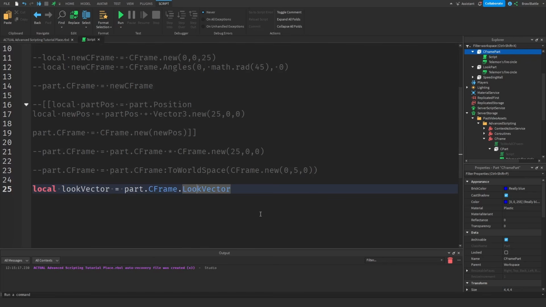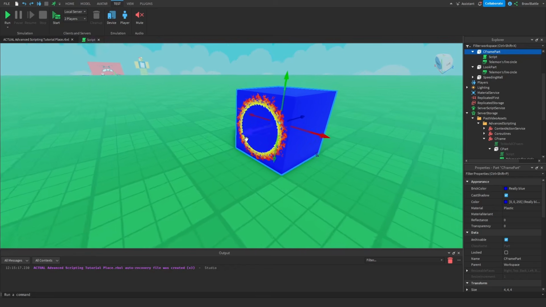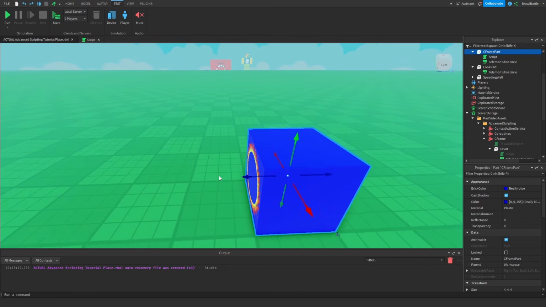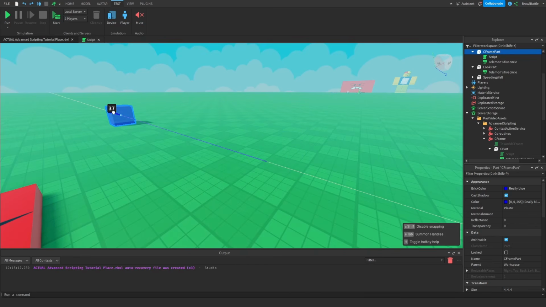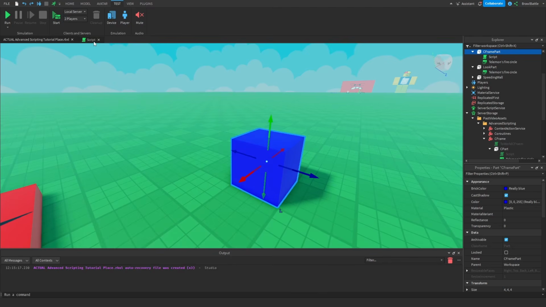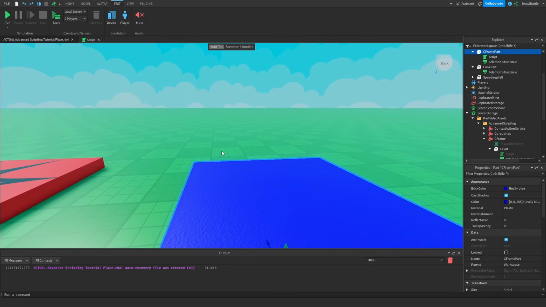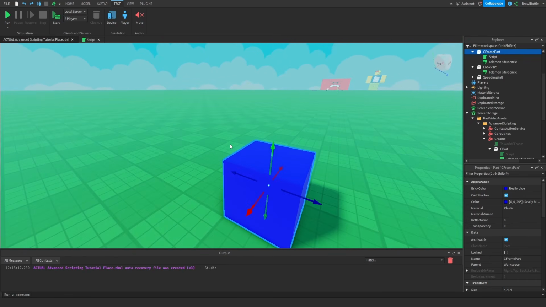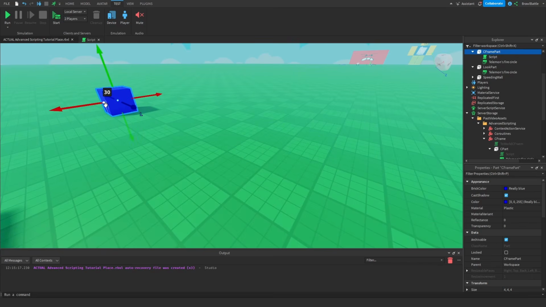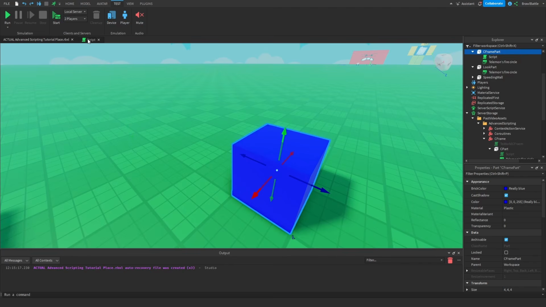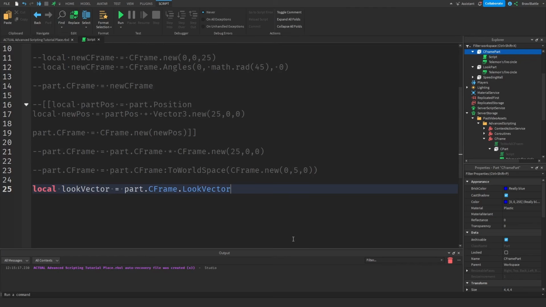So what we're going to do now is take the part's current position and specify its LookVector and use a multiplier to make it go in this direction with however many studs we decide to give it. Because if it's facing in this direction, it's going to give us a value of 1, and we can use a multiplier to specify how many studs we want it to move this way. I think you'll see what I mean when we actually get to scripting this. So let's go back to our script, let's drop 2 lines down here, and how this is going to work is we're going to say